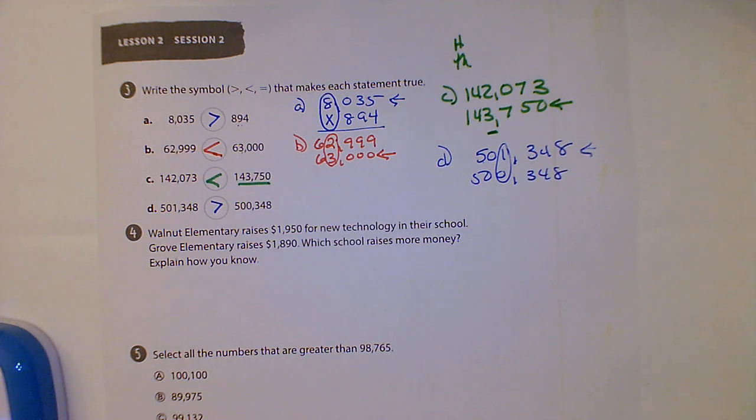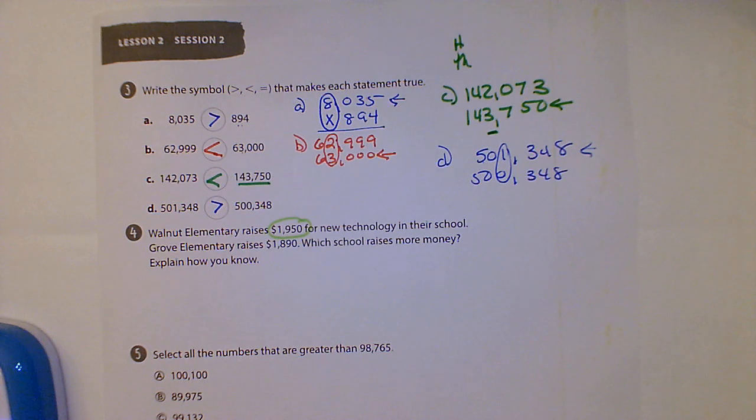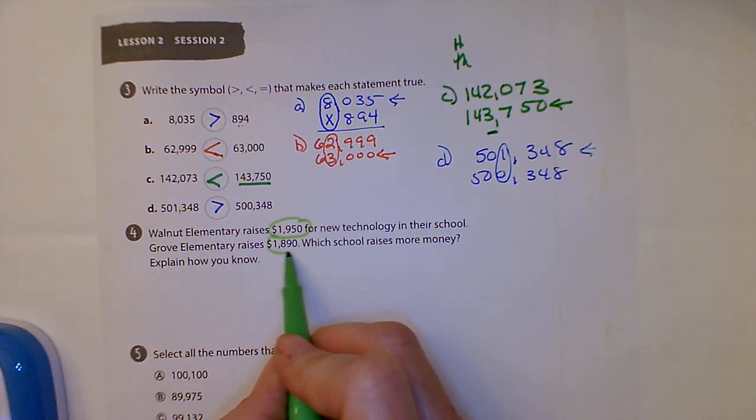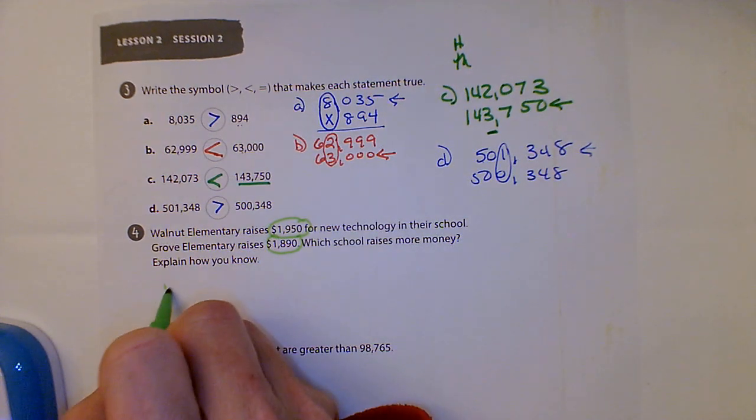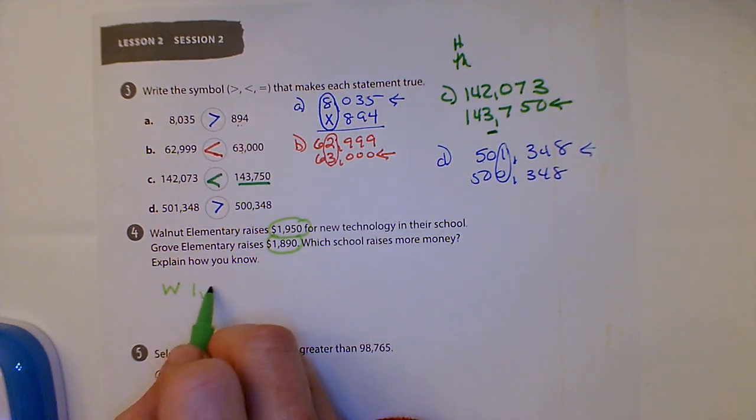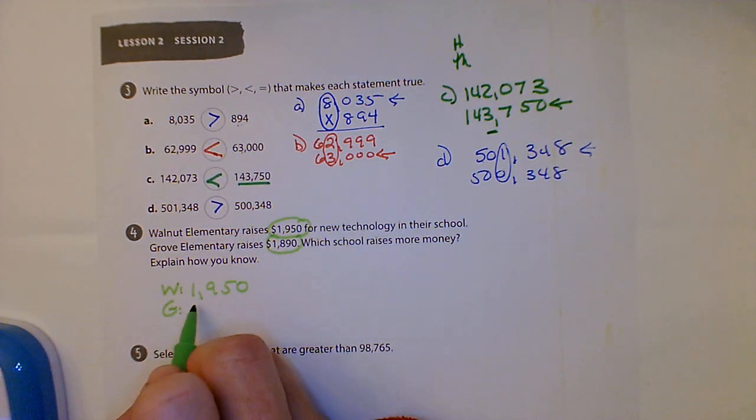All right, a couple more problems to go here. Walnut Elementary. I've never been to Walnut Elementary, but Walnut Elementary raises $1,950 for new technology in the school. Grove Elementary raises 1,890. Which school raises more money? Explain how you know. So if I have Walnut Elementary, they raised 1,950, and Grove Elementary raised